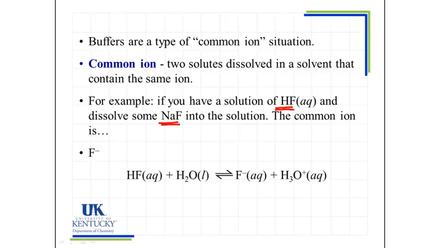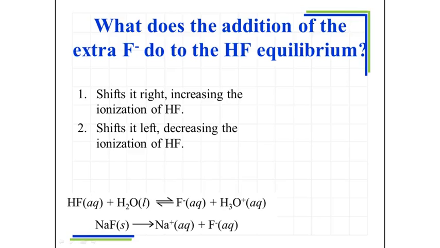So we know that when we place HF in water, it, to some extent, because it's weak, will produce some of the F minus ion in solution. We know that when you dissolve sodium fluoride, it 100% dissolves. It's a nice soluble salt, 100% breaks apart, and we end up with some F minus. So this is a common ion situation. So let's think about this. This is a question for you to answer. If you have this reaction happening,